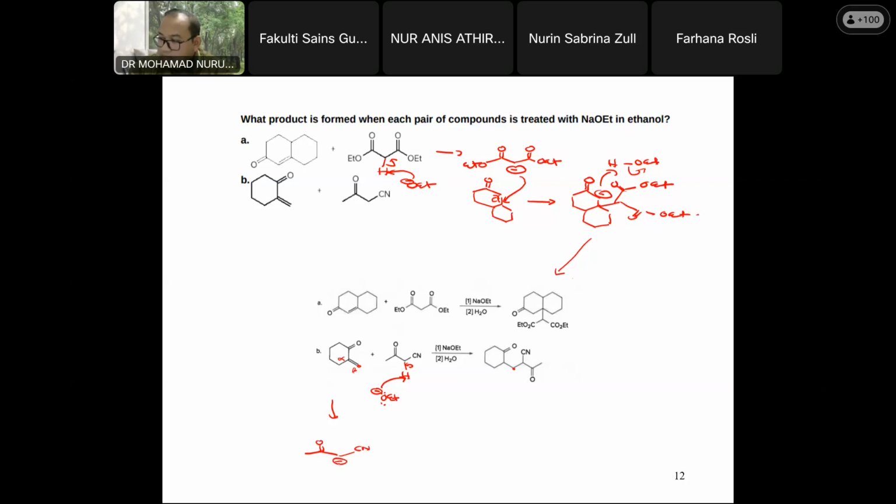Okay, this time the enolates will attack the carbon at the beta position, and after that give you the products. And lastly, they are doing protonation. Okay, protonation here, and that gives you the target compounds. So make sure you understand the mechanism to get the final products. Okay, let's move to the next questions I prepared.